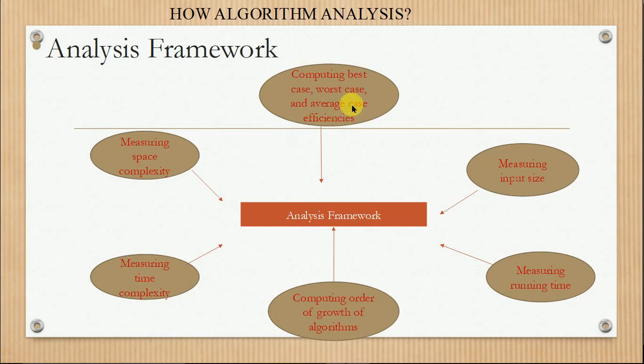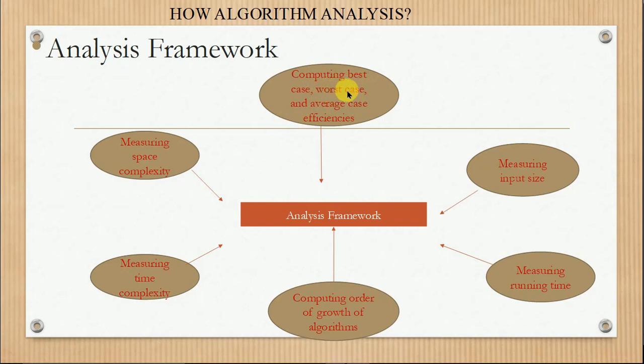But in other algorithms, any one of these conditions applies, and most of the time the worst case efficiency calculation is done. For example, sorting. For sorting, I should not expect best case and average case, because all the elements have to be sorted in the list. So it will start from the first element and complete all the element comparisons until it reaches the end of the list, where it will take the maximum steps for the execution, which is identified as the worst case, guys.